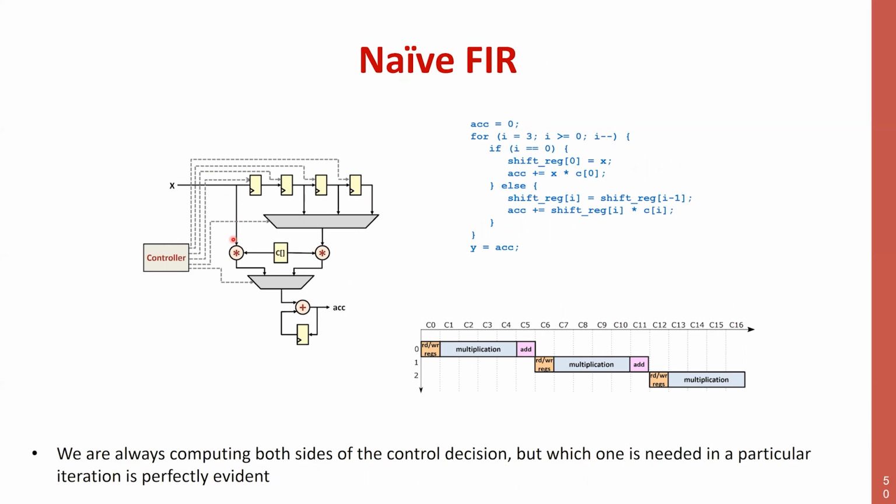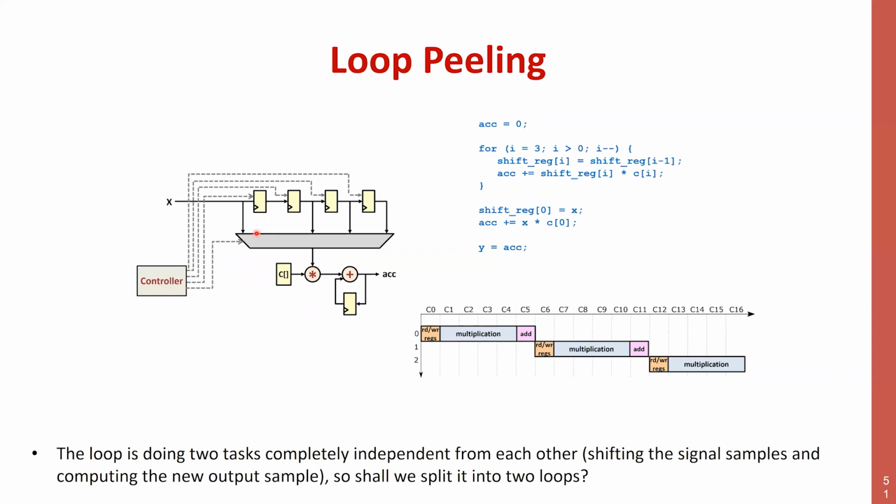X is not sent into a different multiplier, but is actually sent into the same multiplexer that goes into only one multiplier, because you know that this multiplier is always multiplying C and either multiplying X or one of the other signals, but never both at the same time. So there is no need of the second multiplier. So this data path is a little simpler, but you'll notice also that the schedule has not changed